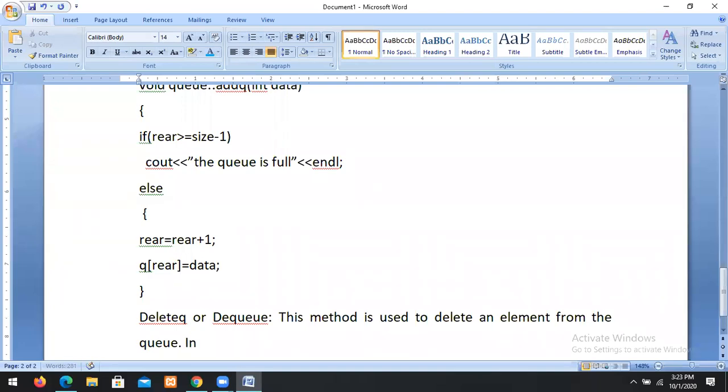In queues, all deletions will be done at front. We are performing all deletions at front.